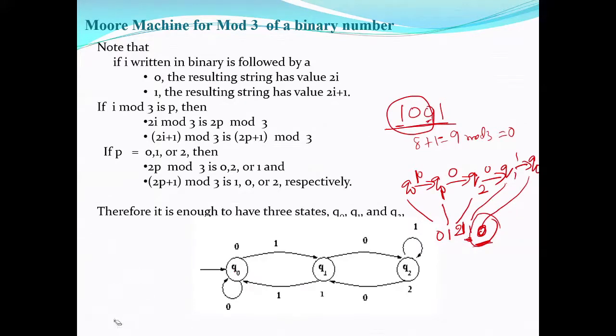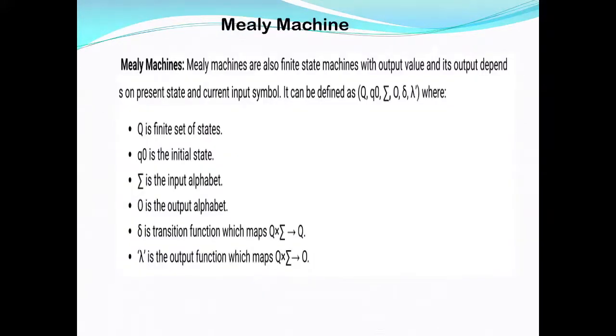Okay. Now, Mealy machine. If you have seen Moore machine, the states give the output. In Mealy machine, look at this output. Every other thing is the same as Moore machine. The only thing is the transition output function will change. What is the output function? Q cross sigma. That is, it takes one input state and one input alphabet and goes to an output alphabet. That means the state and input pair gives you the output.